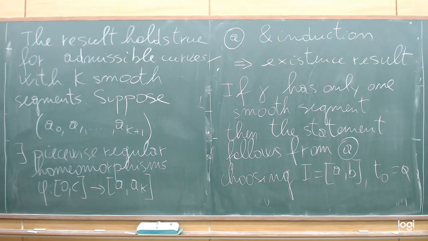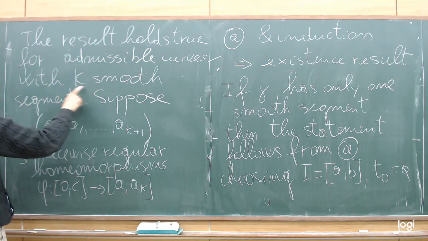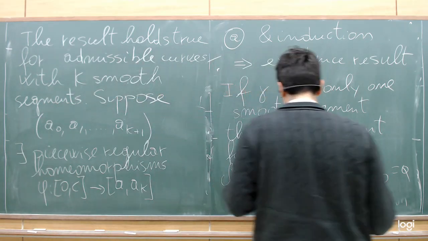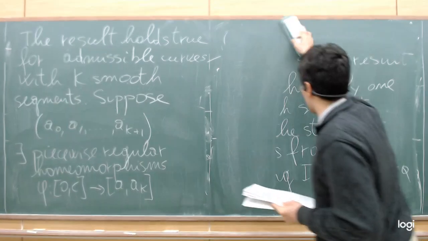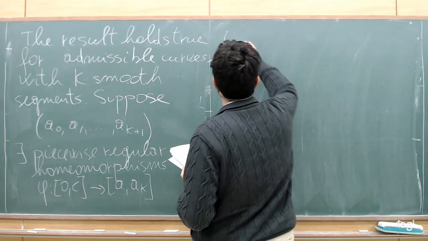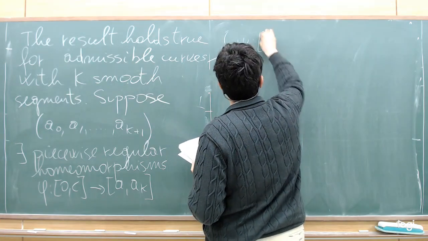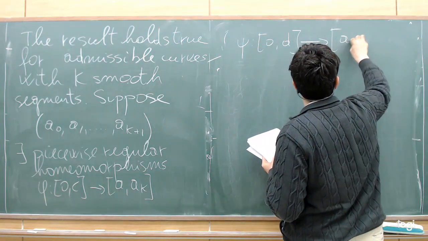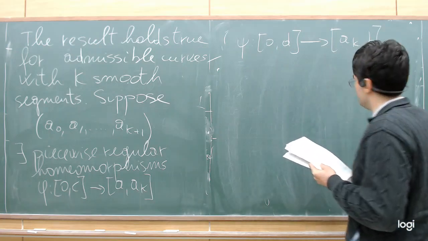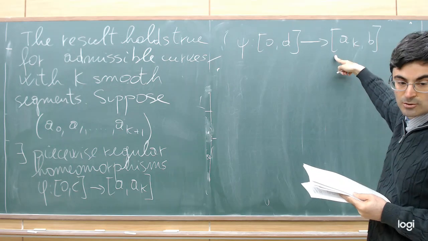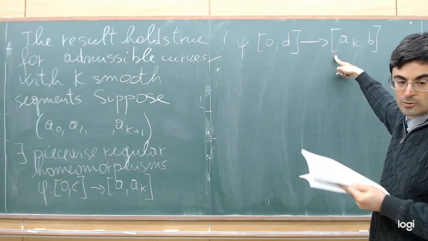So this follows from the fact that the result holds true for k smooth segments. And psi from 0 to d onto ak and b. This is true because this is a case of a curve with one smooth segment,